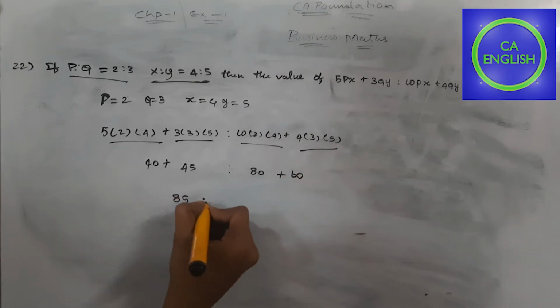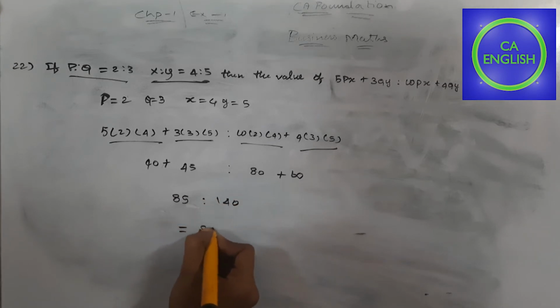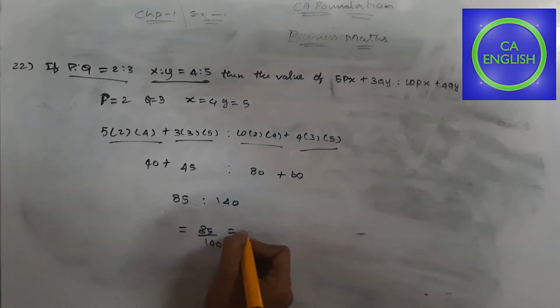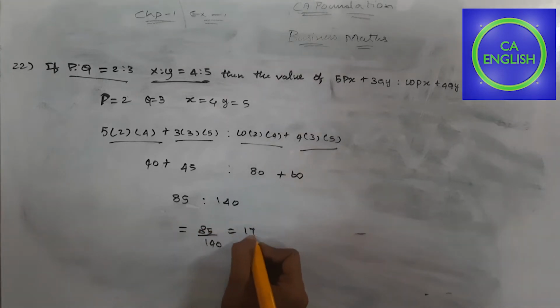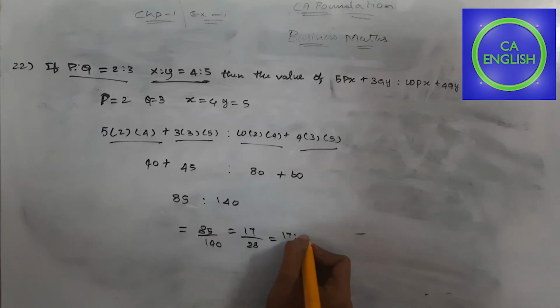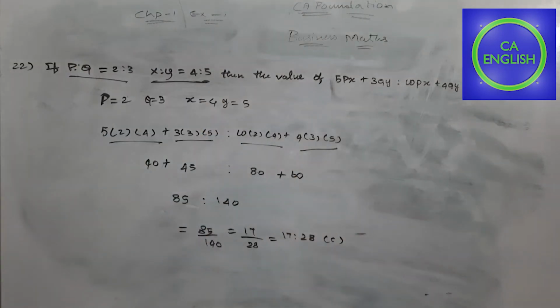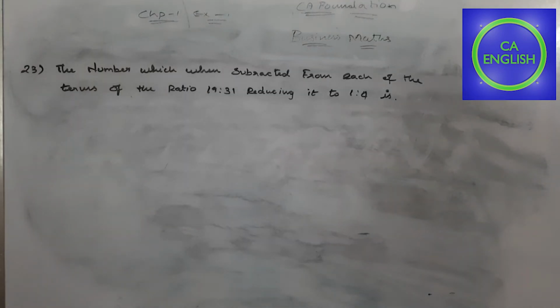85 is to 140, just convert into divide. 85 divided by 140 and the answer will be 17 by 28, which is equal to 17 is to 28. Okay, option is C. And the next sum of this video is the 23rd sum, the number which when subtracted from